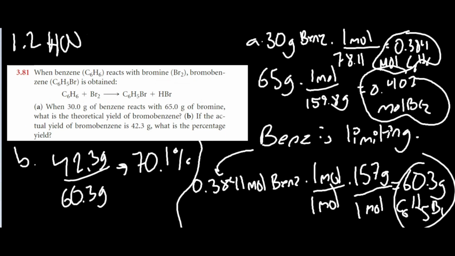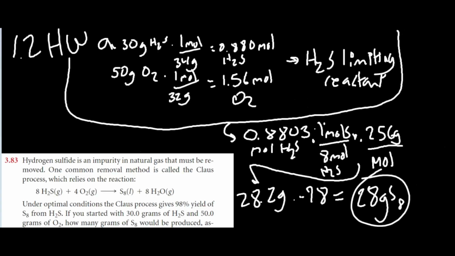All right, next problem. Okay, this is another long one, but basically, it's 3 main steps, but let's just go over it. Number 83. Hydrogen sulfide is an impurity in natural gas that must be removed. This is the Claus method, blah, blah, blah. It's just a reaction. Under these conditions, the process gives 98% yield. And if you start with this amount of H2S and this amount of O2, how many grams would be produced,